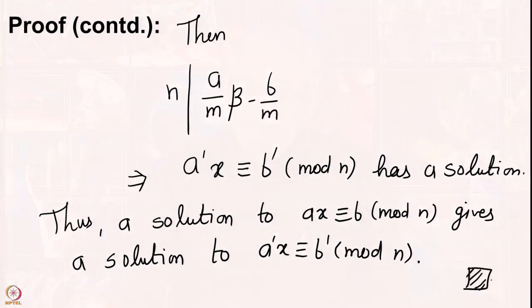So, remember once again that we have carried out two steps of the algorithm after having checked that the GCD divides b. Step 1 was to cancel out the GCD from a, b and n, and getting a solution to the smaller equation is equivalent to having a solution to the original equation, the bigger equation. That was the first lemma that we proved. Then the second lemma told us that if a and n have GCD 1, and further if you have anything common in a and b, then even that can be cancelled out. Thus, you can reduce the coefficient of x further.